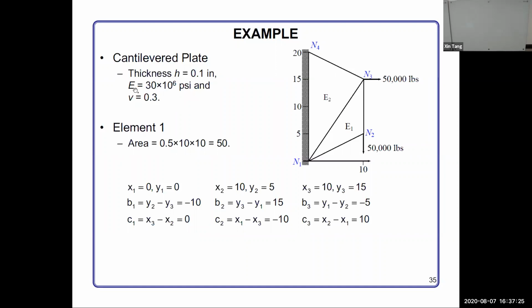They have Young's modulus equal to 30 mega psi and Poisson's ratio equal to 0.3. So let's solve them one by one. For element 1, E1, the area of this triangle is 1/2 times